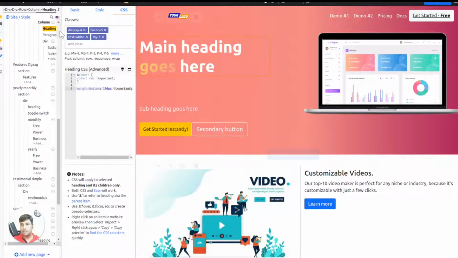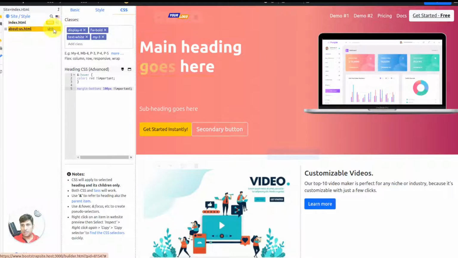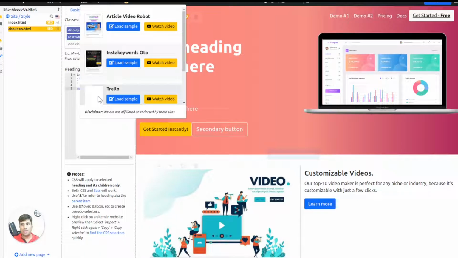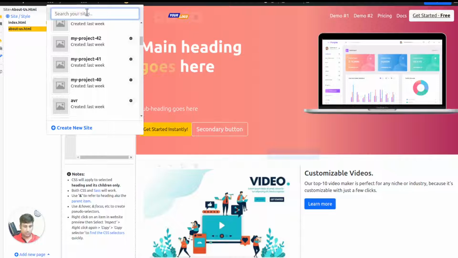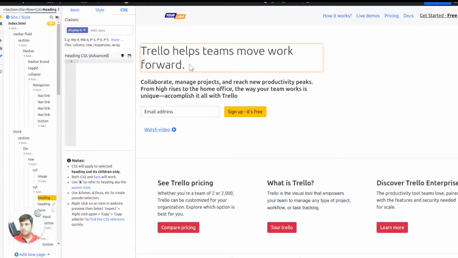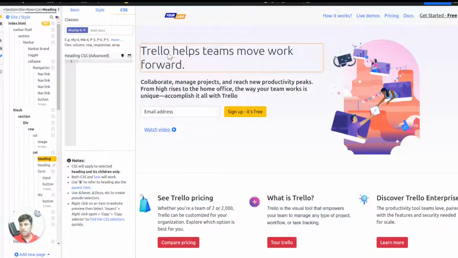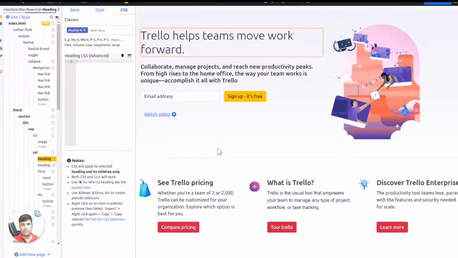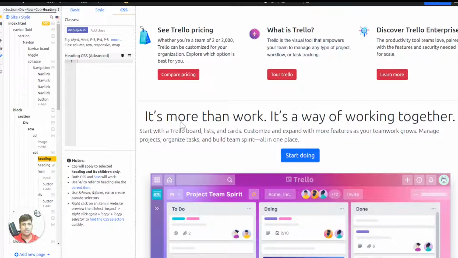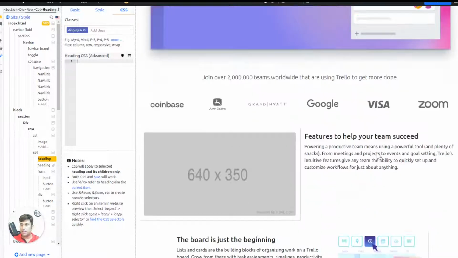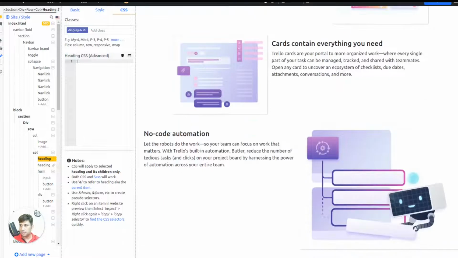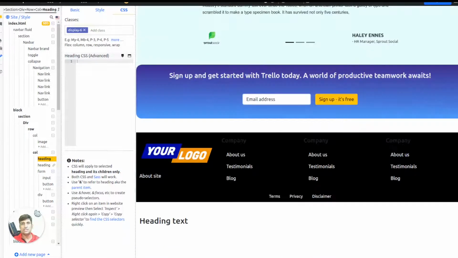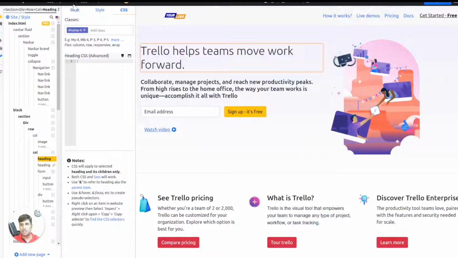And finally, as a challenge to myself, I tried to create some sites using this Bootstrap site. So I tried to make the Trello site. Okay, this is how I was able to create this. This is like the current Trello's homepage, very similar to that. And I was able to create this in Bootstrap site, and it didn't even take me 5 minutes to create it. I even tried to create the Slack website, and